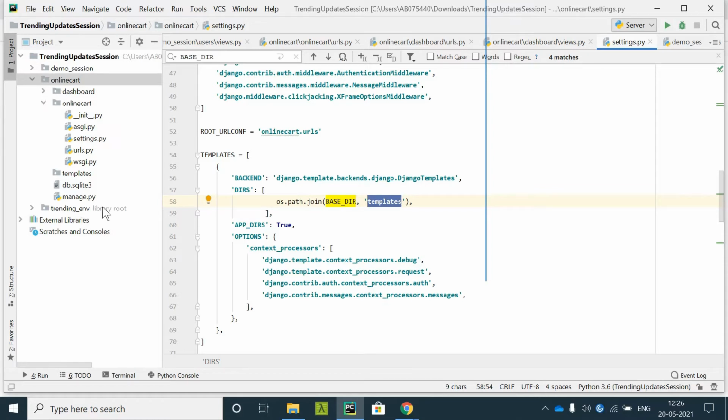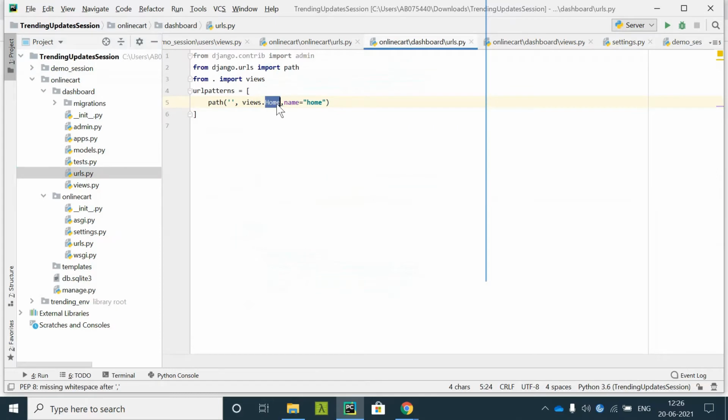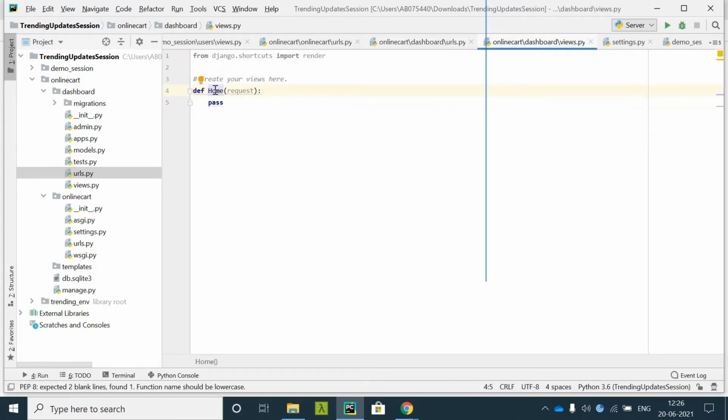Coming to the home page, now what we had was urls, views.home. By pressing Control and clicking with the mouse, we go to this function, and there is the request, and what we need to render is the HTML file. But currently we don't have any HTML file related to this home page.